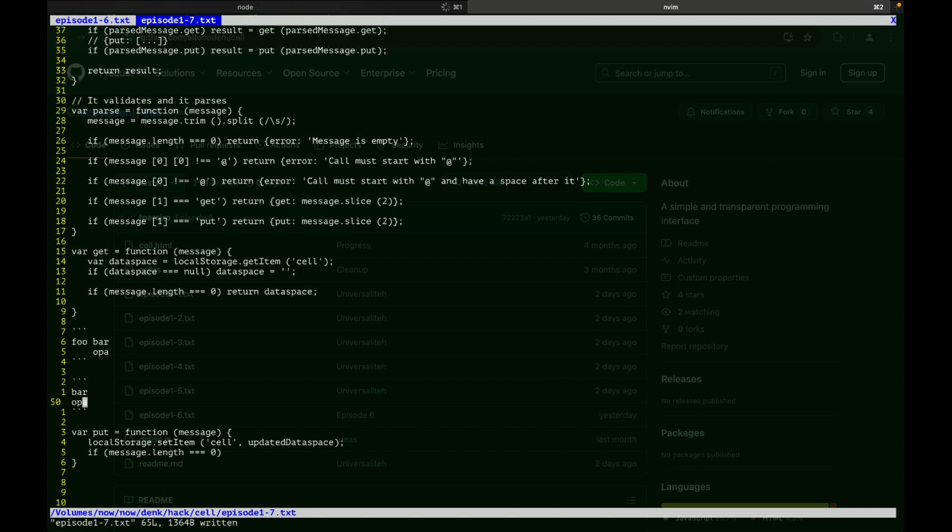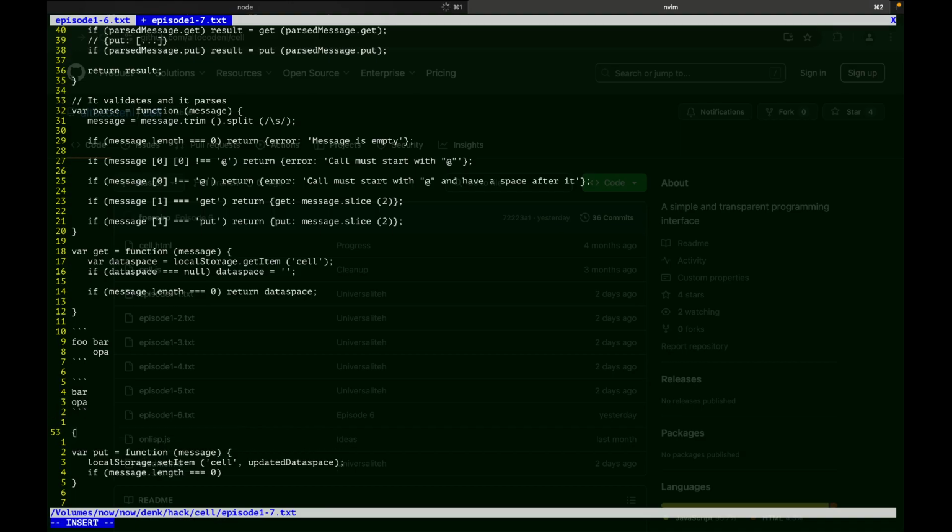So, in JavaScript, this wouldn't mean anything. I cannot represent this with hashes in JavaScript. I could do something like bar is an empty text and opa is an empty text. I guess that could be it. Do I want this?